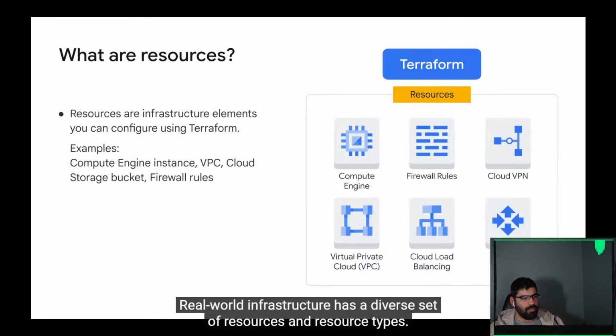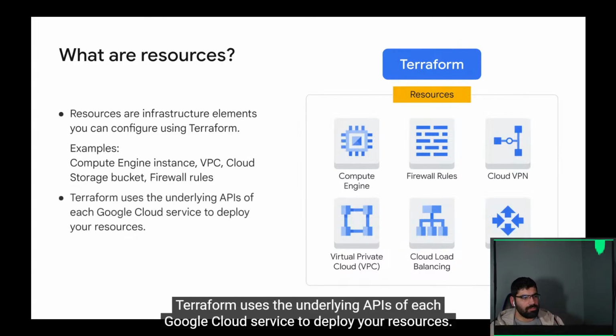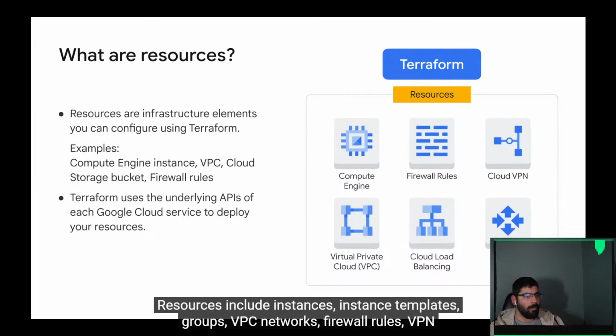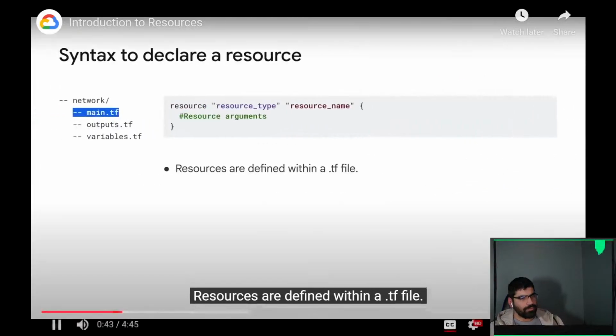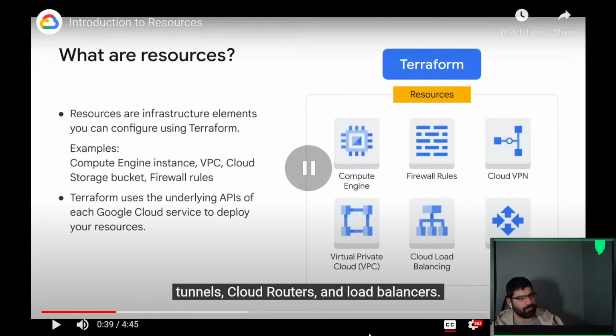Real-world infrastructure has a diverse set of resources and resource types. Terraform uses the underlying APIs of each Google Cloud service to deploy your resources. Resources include instances, instance templates, groups, VPC networks, firewall rules, VPN tunnels, cloud routers, and load balancers. Resources are defined